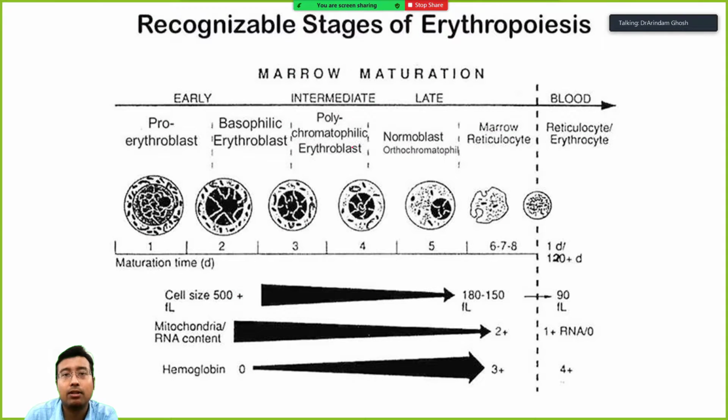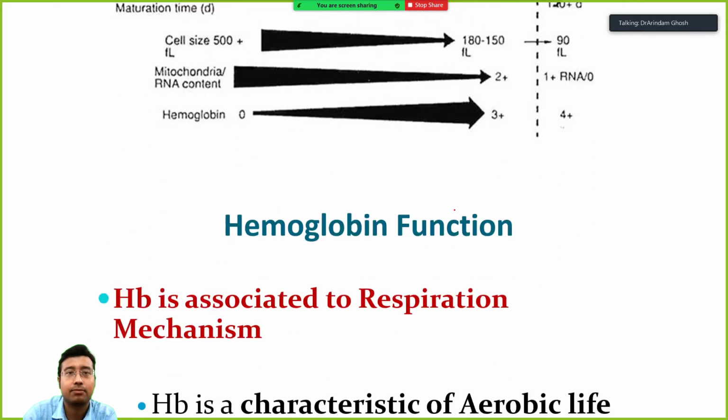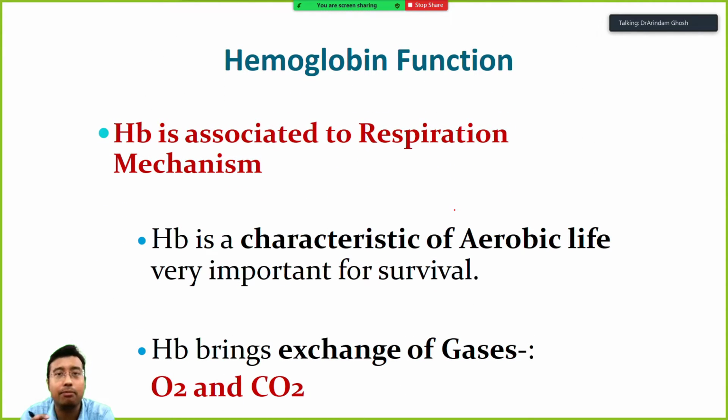You can see after the normoblast stage, the nucleus has disappeared. Did I say nucleus appears in normoblast? I was wrong. Okay, it is after which it disappears. Anyways, I may be confused. You please verify with your physiology textbook. But what I am sure of, hemoglobin appears in the proerythroblast stage, right?